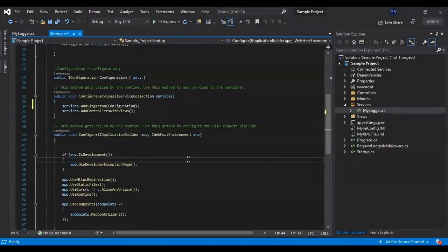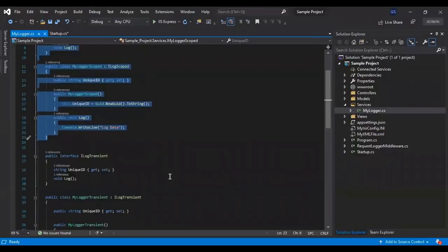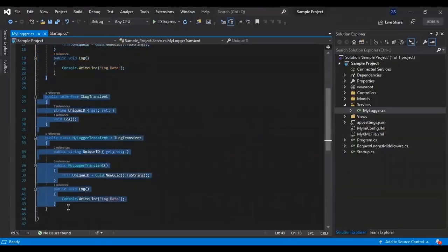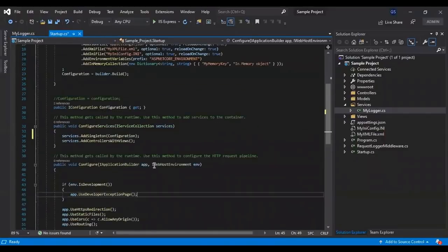To understand the service lifetime and the registration of the services, we have created two services in this file. The first one is defined for scoped and the second one is defined for transient. For singleton, we will refer to the configuration because we are already using that.